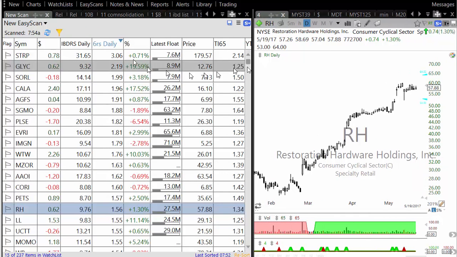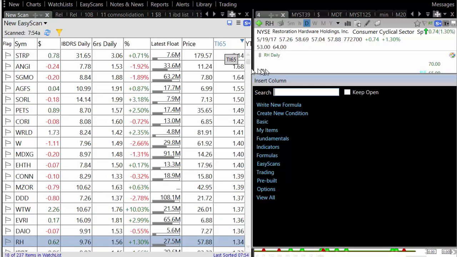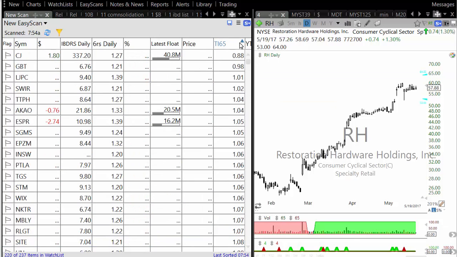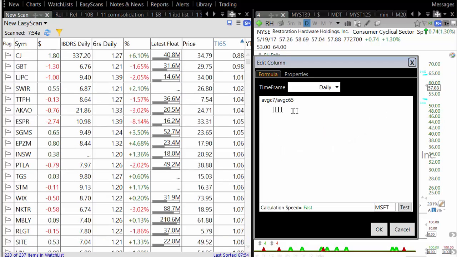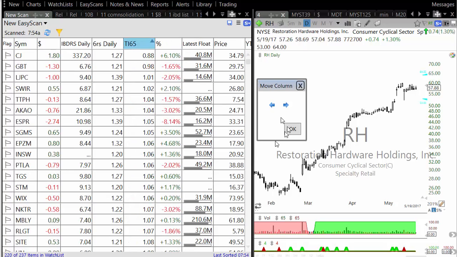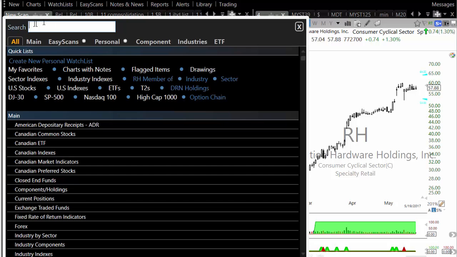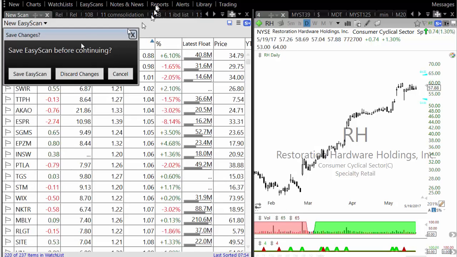Now if you don't want to use 6 months, you can create a 1 quarter relative strength. And in order to create 1 quarter relative strength, basically you can use the TI65, which is a column which I already have here. And what it is basically, it's average C7 by average C65. So you can create a column which sorts stocks by this particular column, which is the relative strength by 1 quarter. So if you want to go back and look at what stocks are ranked highest, you can just go and